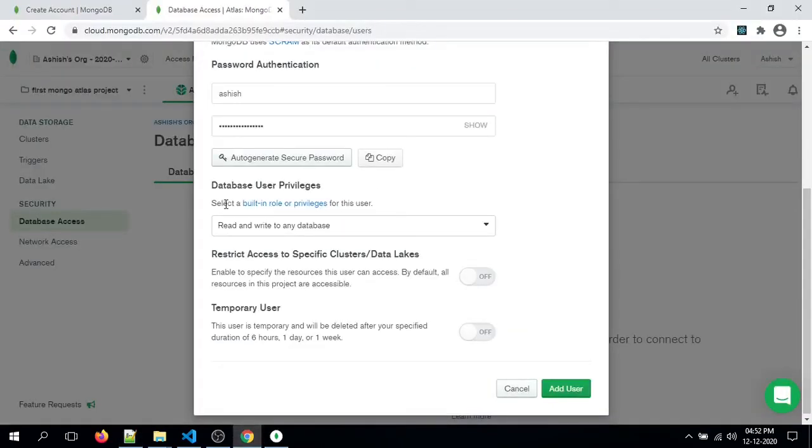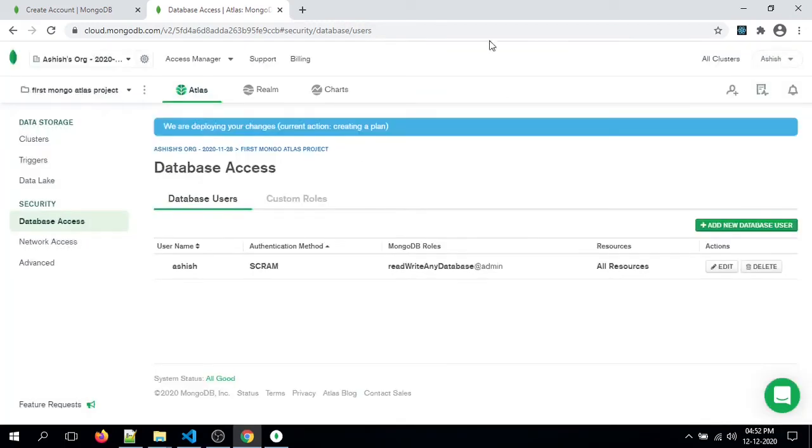I can assign read and write permissions to this user and other permissions as well. I'm currently not changing any of these permissions. I'm just adding a user with a password. You can see that our user has been added.